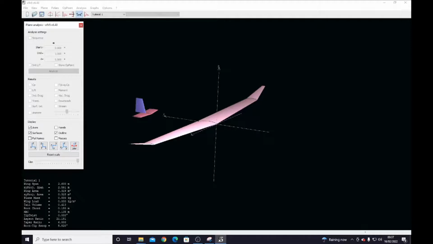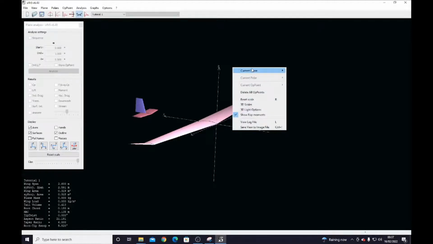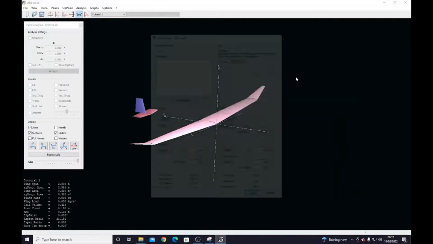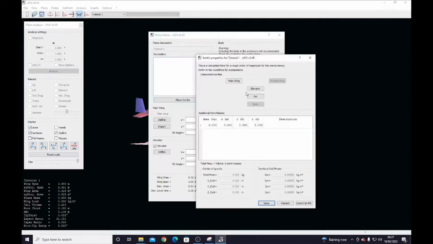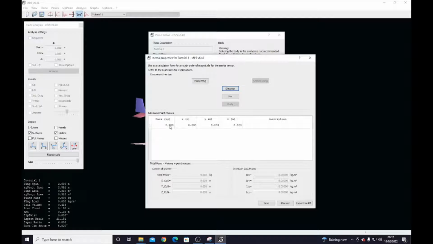Before we can actually get on with any analysis though, we need to include a mass model. So we come to current plane, edit, plane inertia. You can either do the inertia of the plane based on sections. So you could do, here's the mass of the elevator section, for example, and the same for the wing and the fin, or you can just do point masses here. If I make this a little bit bigger,